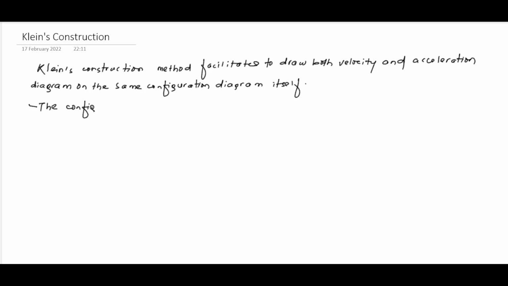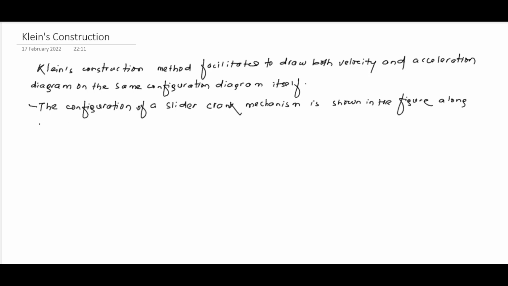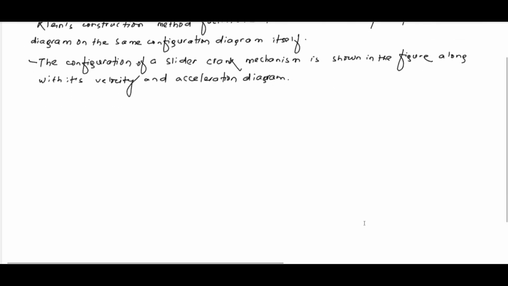The configuration of a slider crank mechanism is shown in the figure along with its velocity and acceleration diagram. Now, if you draw a slider crank mechanism, let's say